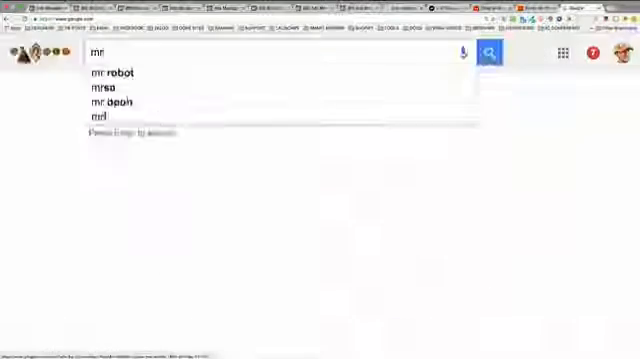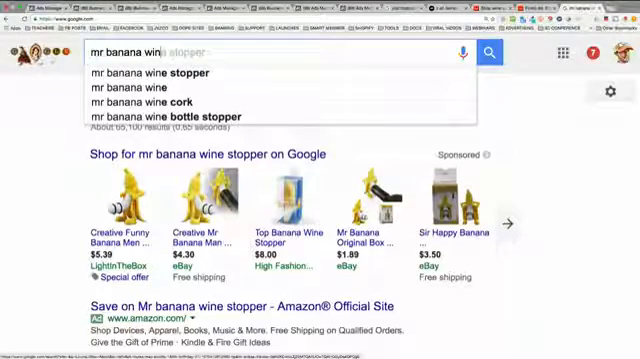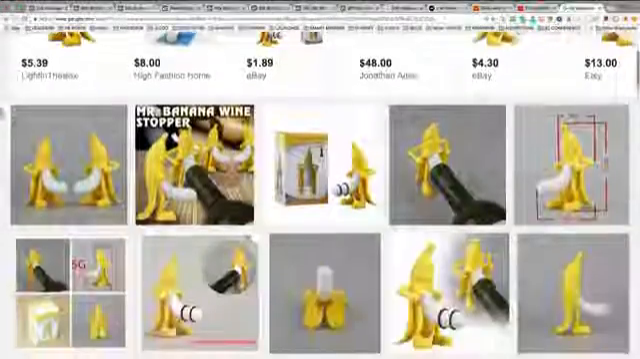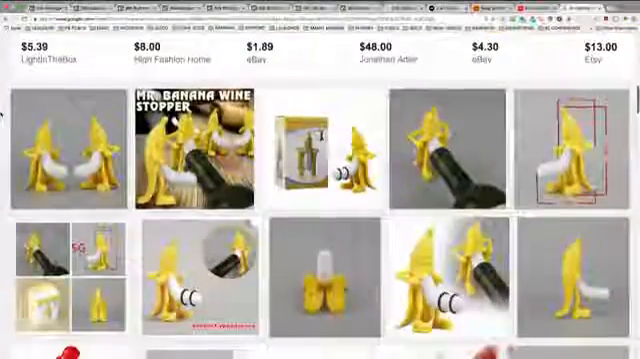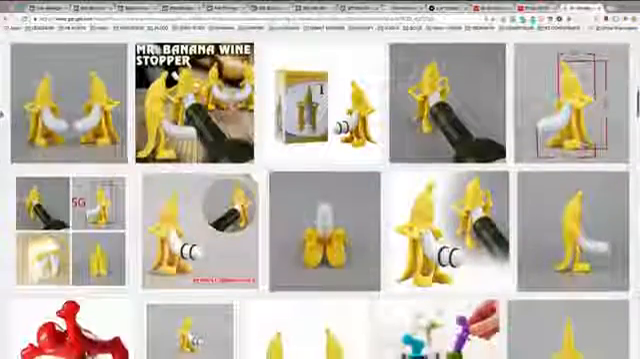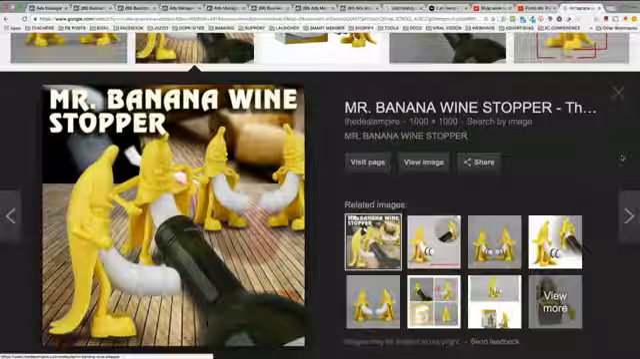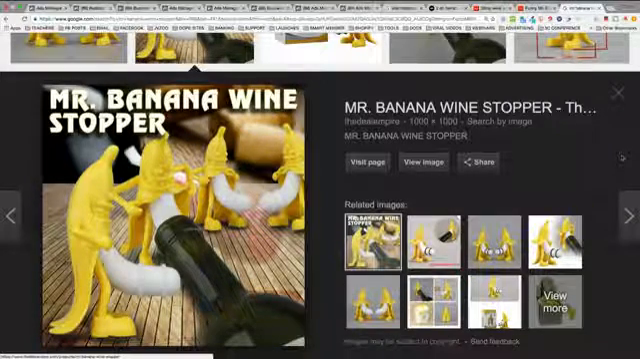And let's type it in. Mr. Banana Wine Stopper. Go to images. And just go through and find the funniest one. Now, could this be an ad? Yes. Let me explain how. All I have to do is take this picture,